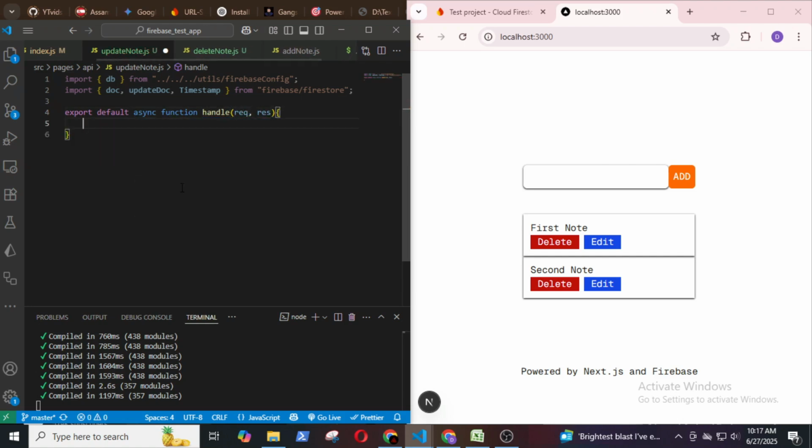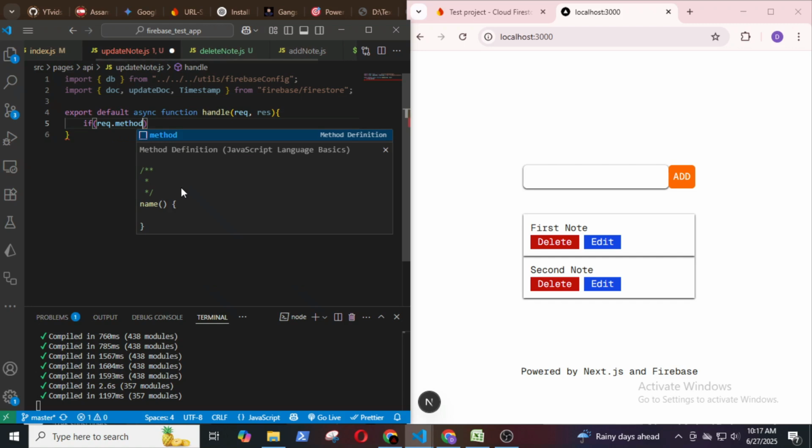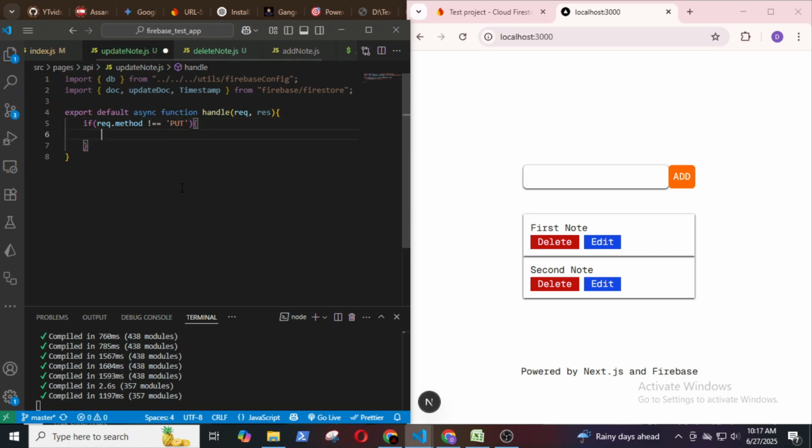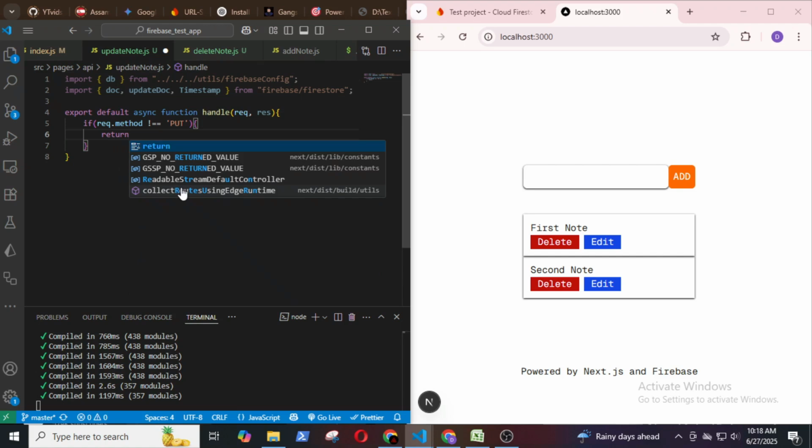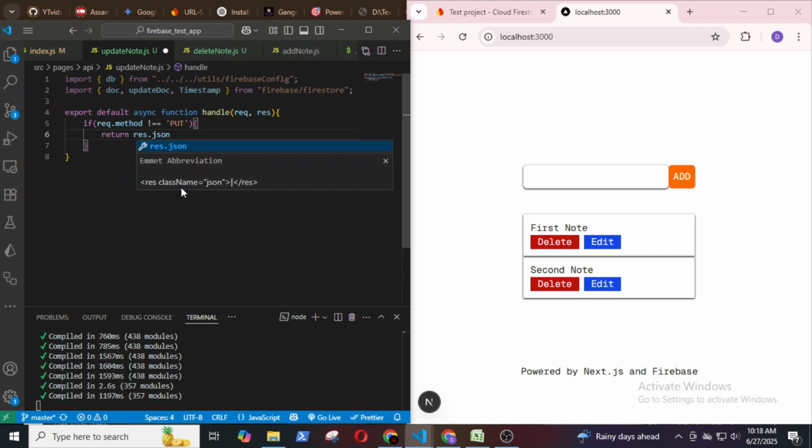It first checks if the method is put. If it is not, then I will return response status 405 JSON,